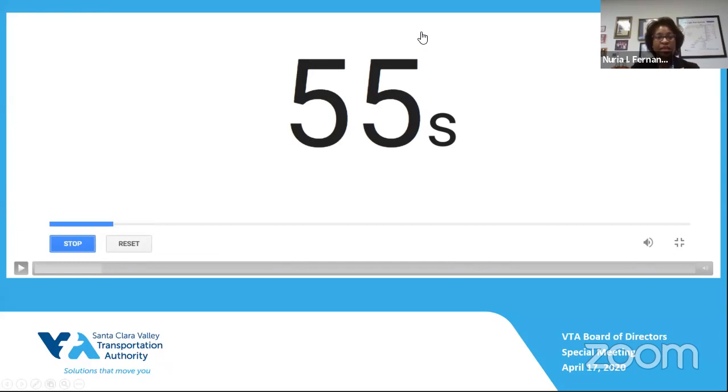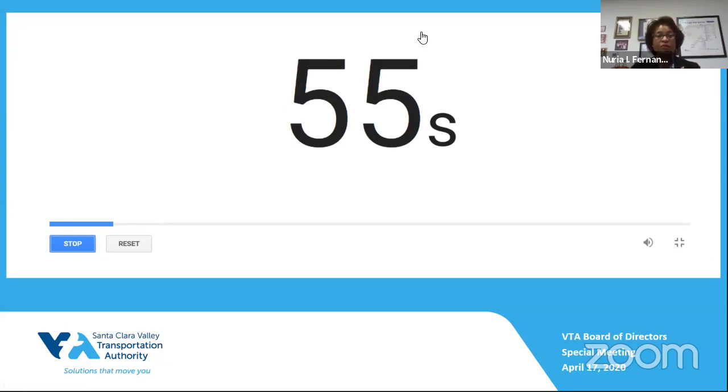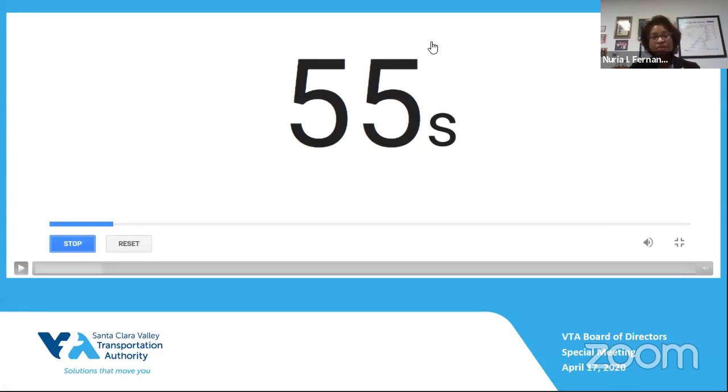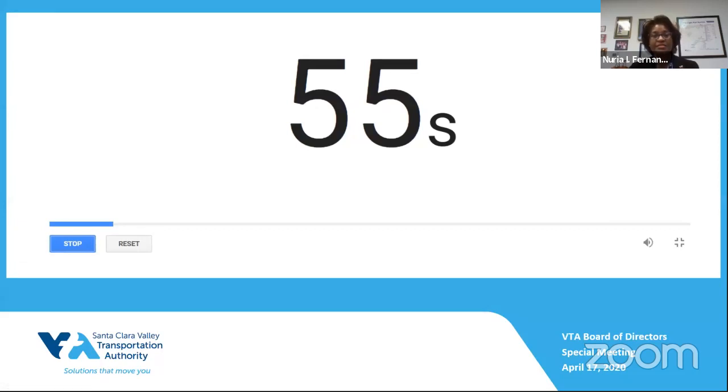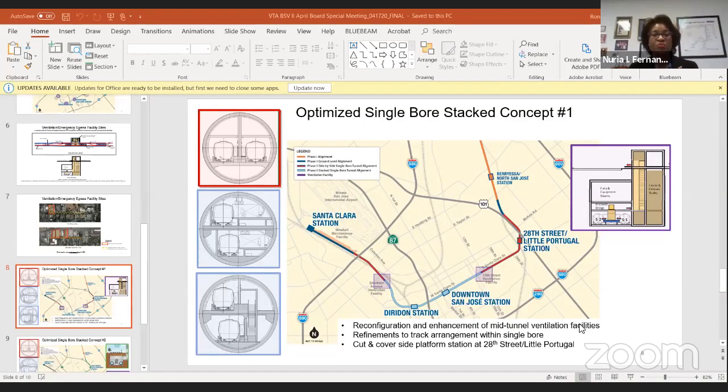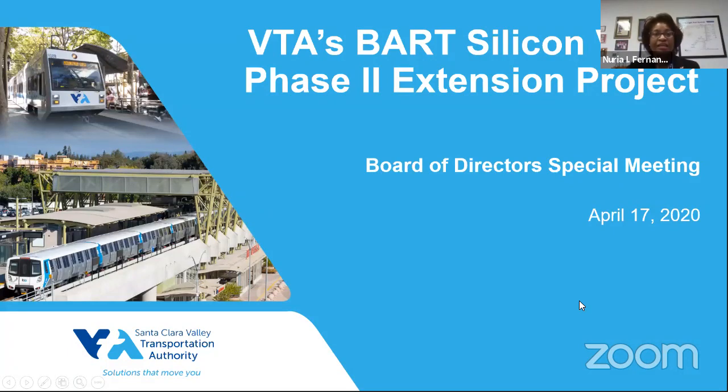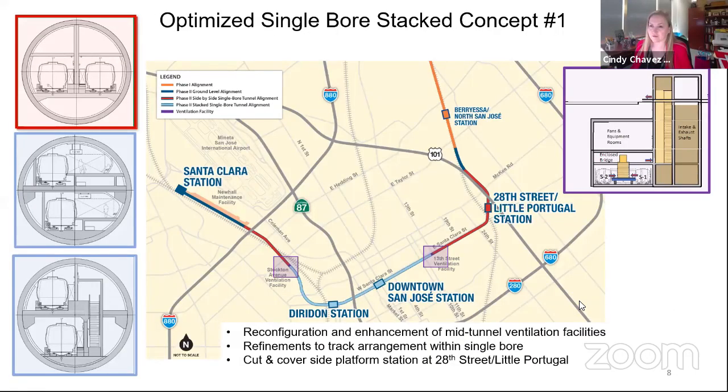I mentioned that we had hit a breakthrough with BART, and that it was going to be solving all of the concerns that they had raised. I believe that in the presentation that you heard, a lot of emphasis was placed on the bookends and how we accommodated a side-by-side configuration in concept 1 with a 48-foot tunnel, and then in concept 2 with twin bores. But the breakthrough really was at the ventilation facilities.